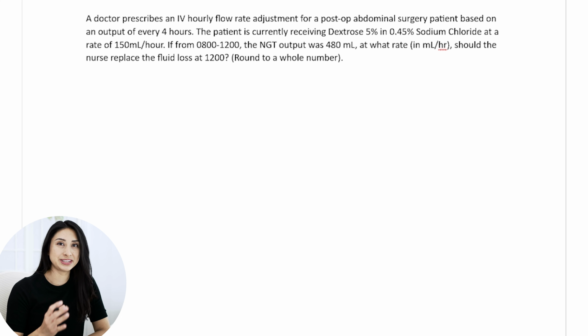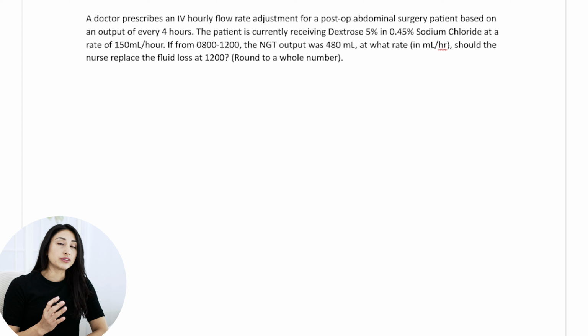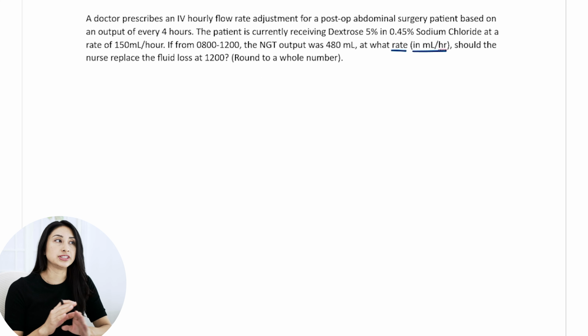There are so many numbers here, and hopefully you're not panicking on me. So first of all, what am I trying to solve? Well, I'm trying to figure out my new rate in milliliters per hour. How do I figure out this rate? Well, I have to remember the rule that comes with fluid loss replacement. The rule with fluid loss replacement is that you have to replace milliliter per milliliter over the same time